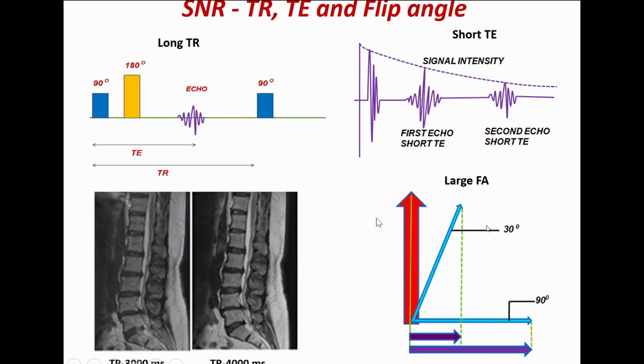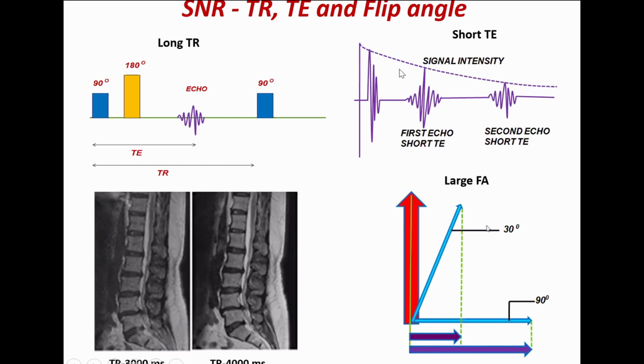Flip angle is the angle by which the longitudinal vector is flipped, right? If you keep a smaller flip angle, say about 30 degrees, then the transverse component gives a very reduced signal amplitude, because everything refers to the transverse magnetization. So when you choose 30 degrees, only this much is your signal amplitude. Whereas when you go for a larger flip angle, you get larger amplitude. So obviously you need to have a long TR, short TE, and a bigger flip angle, right?